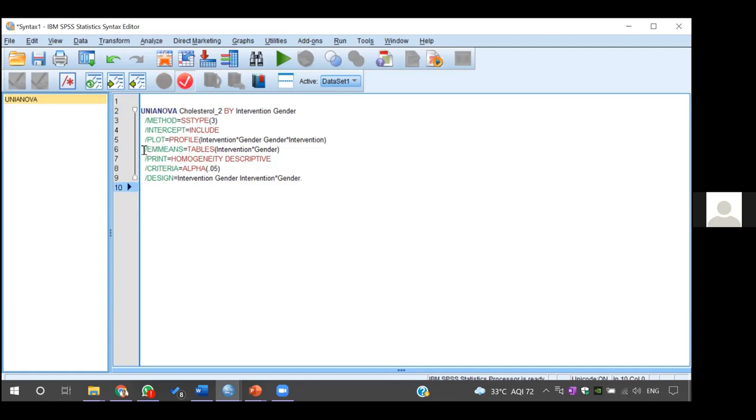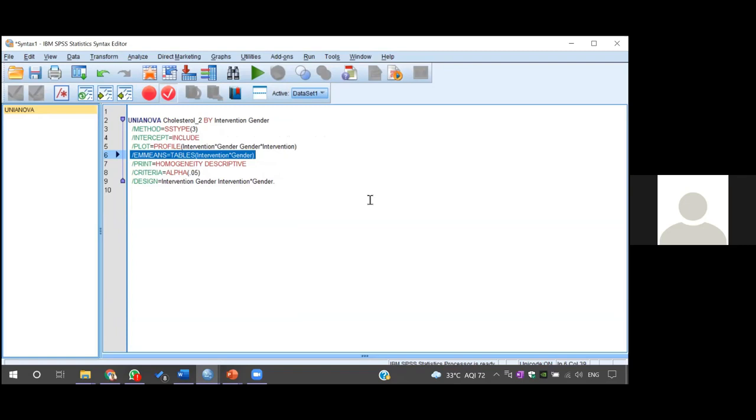If you see this, can you see this EM means? Everyone, please focus on this EM means. This gives you the other things like intercept, plot, print, criteria, alpha, design, something of that sort. But focus only on EM means. Can everyone see this in the syntax? Please type yes, no, otherwise I'll repeat once again. I'll repeat all the commands. Okay. So if you can see this, then